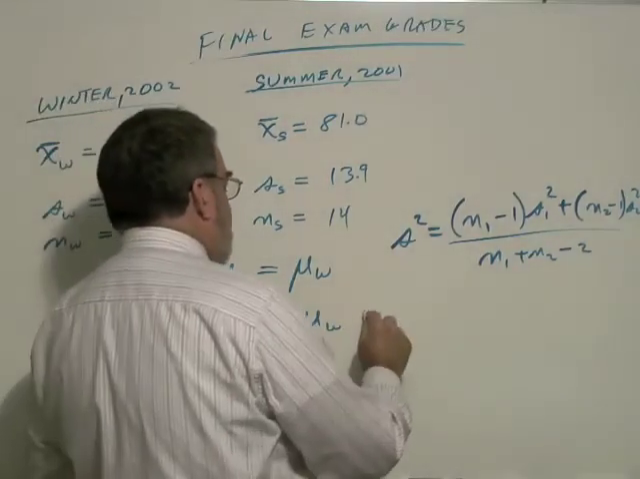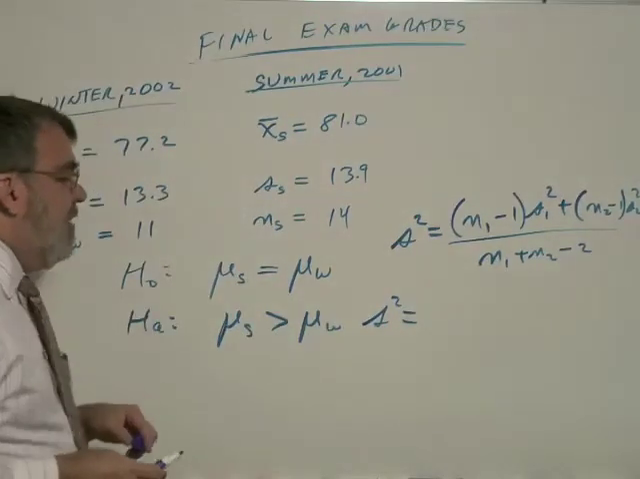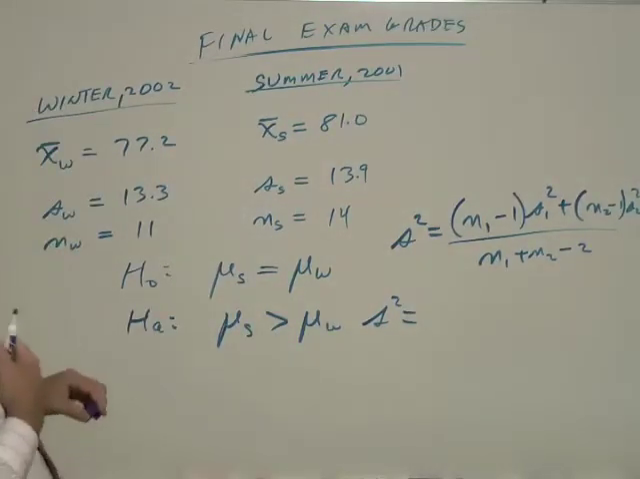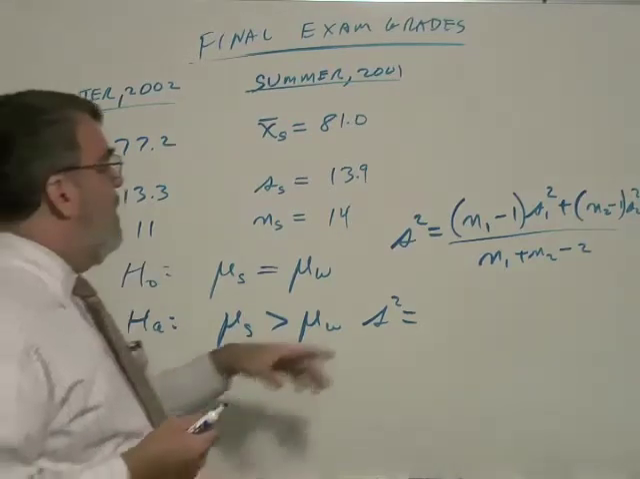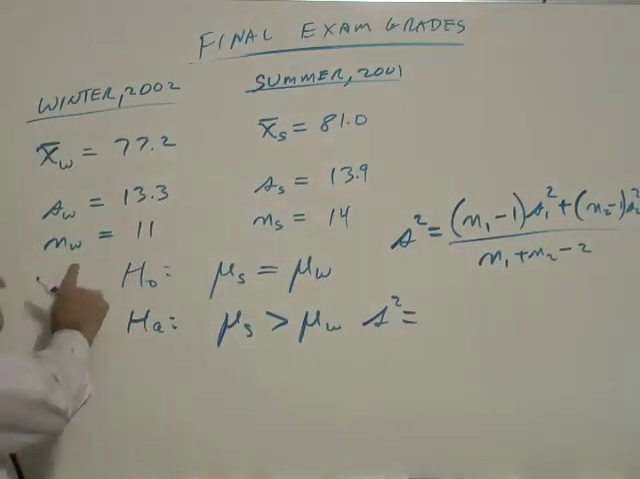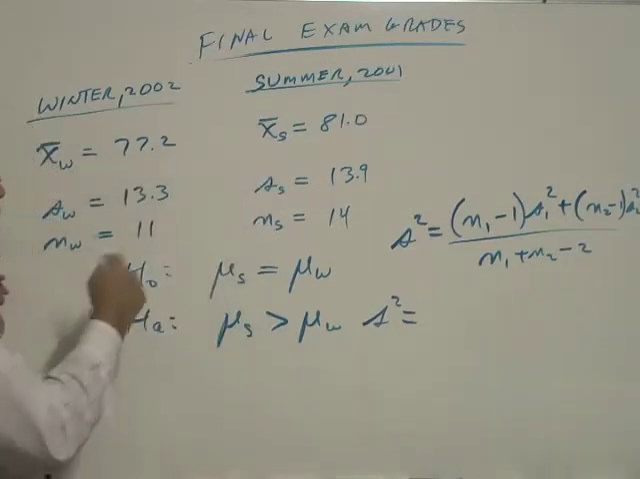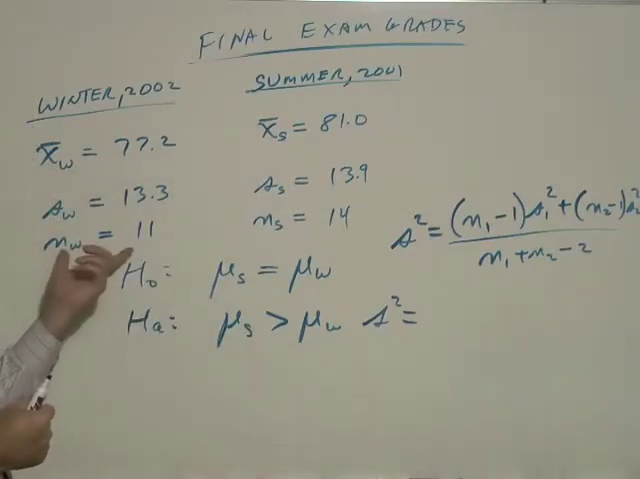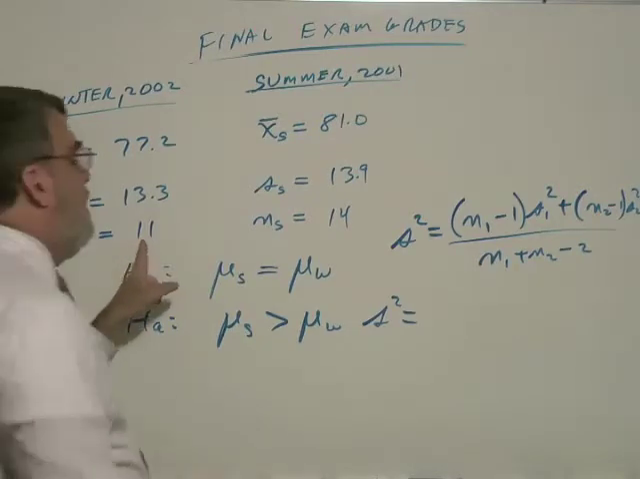So I'll plug numbers in, and it's going to be hard to fit all these calculations on the board, so I'll have to erase some of this stuff. But S squared would be, well, one sample is N1 minus 1, and you notice I used more descriptive subscripts than 1 and 2. I used W and S for winter and summer. So if I use this one as my N1, this would be 11 minus 1 is 10. So I have 10